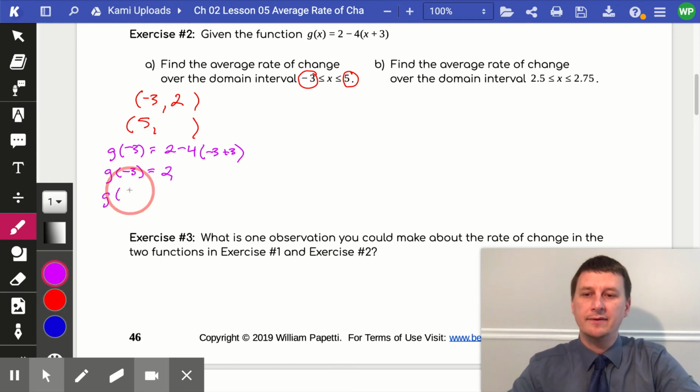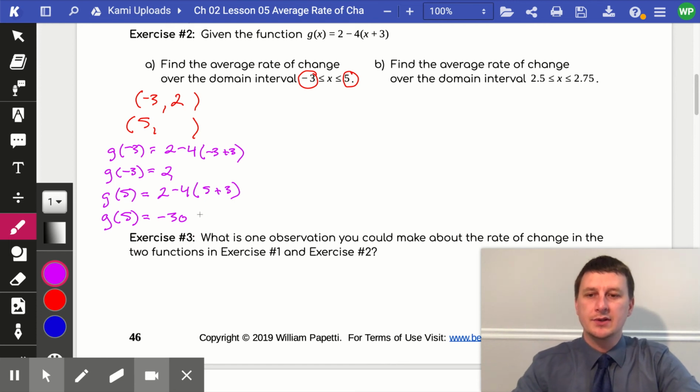So we'll have g of 5. And again, we're just going to substitute in for an x. Wherever we see an x, we'll put a 5. So 2 minus 4 times (5 + 3). 5 plus 3 will give me 8. 8 times 4 will give me 32. And 2 minus 32 will give me -30. So in here, I'll put in a -30. Okay, so that will also tell me that this missing y value is -30,